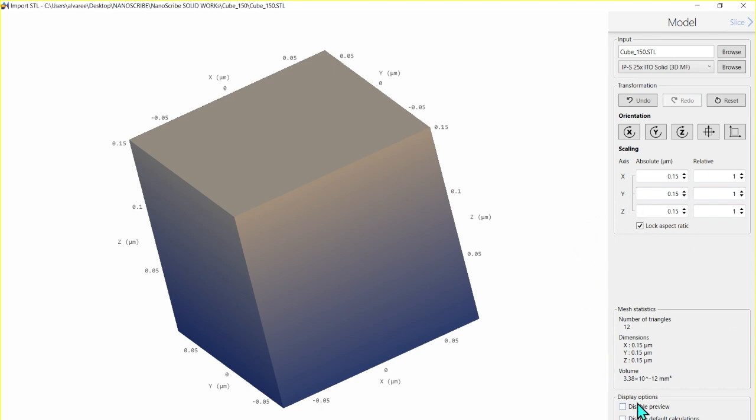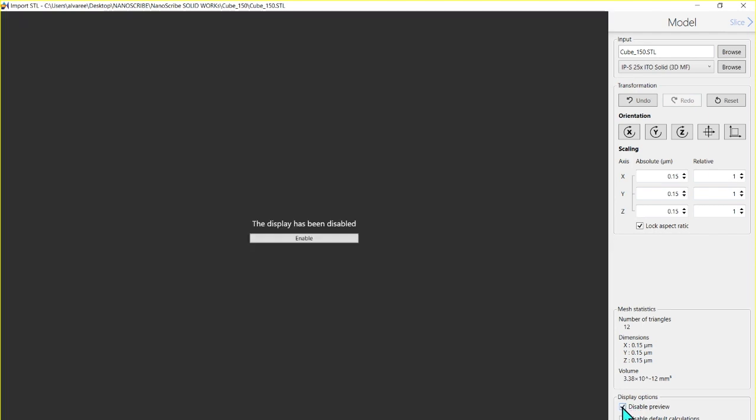What else? We have the display options always, okay? Because we can disable this preview. Why can we use this? Because sometimes if your structure is super complicated, or maybe you have one array, it's consuming a lot of resources from your computer and it's getting blocked. If you disable this preview, you can continue doing modifications you don't see, but at least your computer won't get